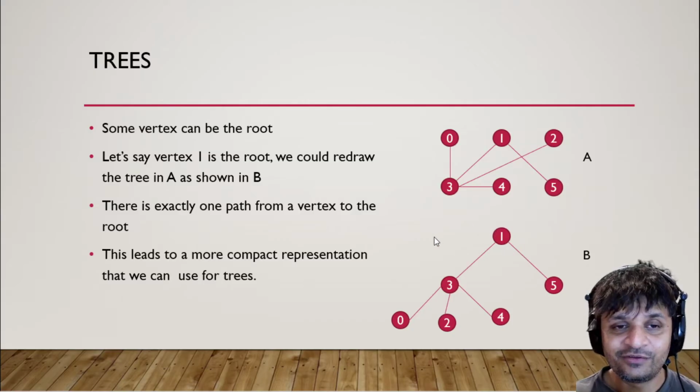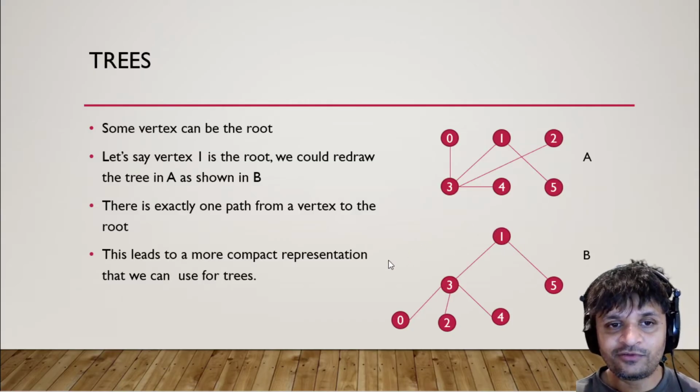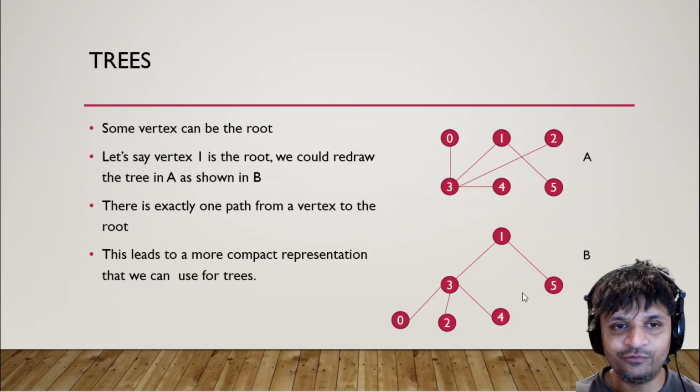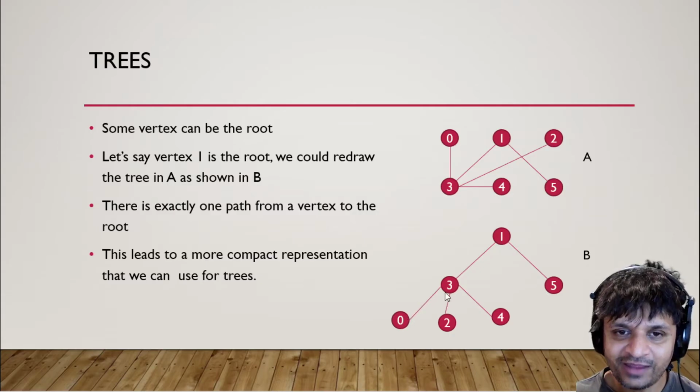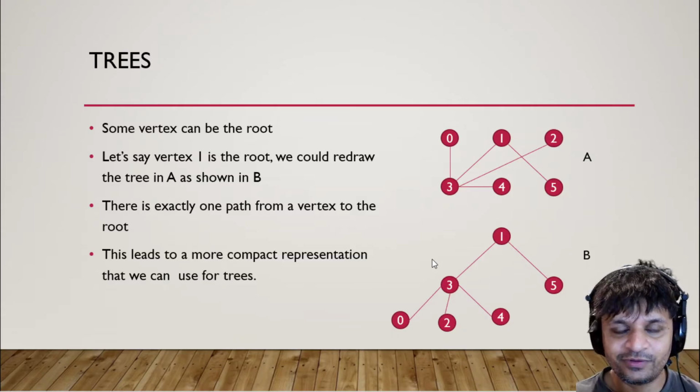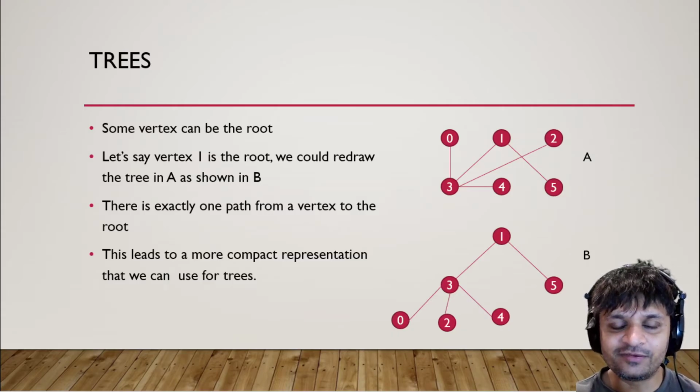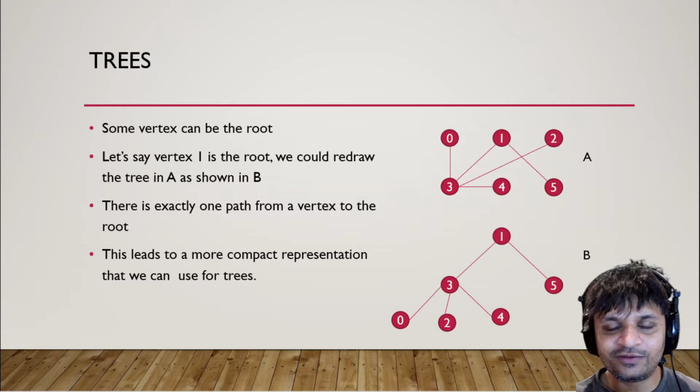cycle, right? So knowing that this is a tree means that there's exactly one path between any two vertices. More specifically, there's exactly one path from any vertex to the root. So there's a path from 0 to 1. There can only be exactly one path from 0 to 1. If there were two, we'd have a cycle. Now the cool thing about this is it means that we can actually use this to get a more